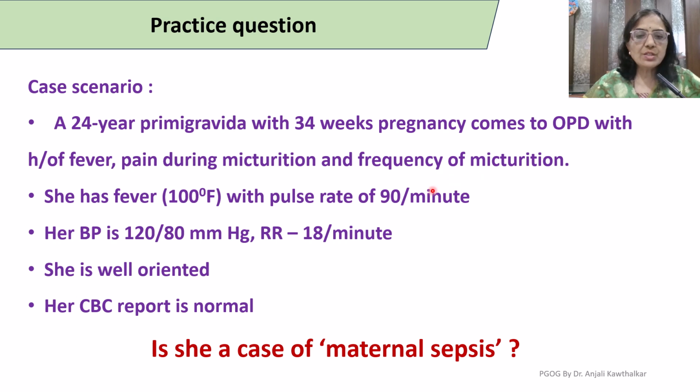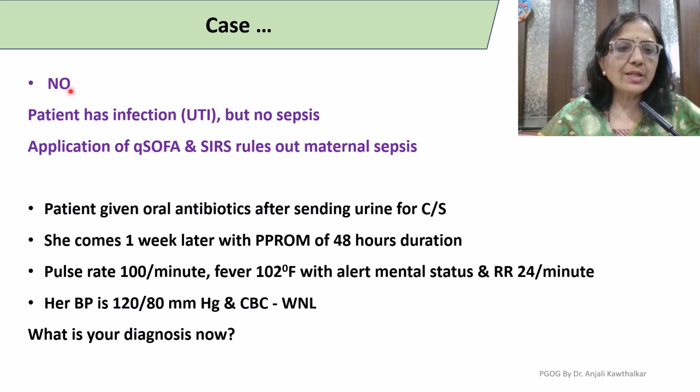Now the main question is whether there is an underlying organ dysfunction to call it a case of maternal sepsis. So it is not a case of maternal sepsis because the patient, though she has urinary tract infection, by applying qSOFA as well as SIRS criteria, we can rule out maternal sepsis. Now this patient is given oral antibiotics after sending urine for culture and sensitivity, and she goes home